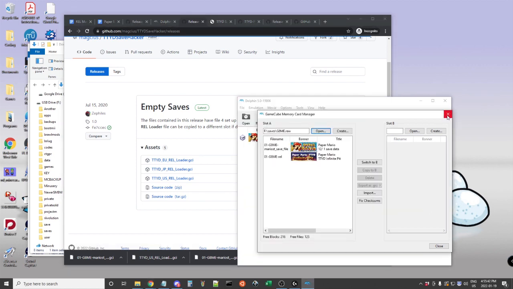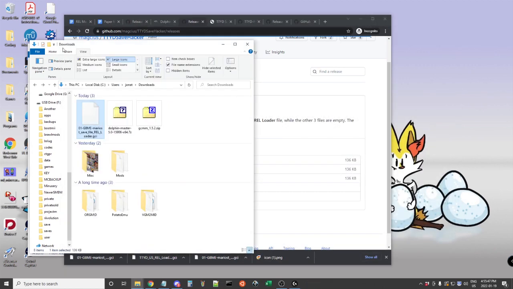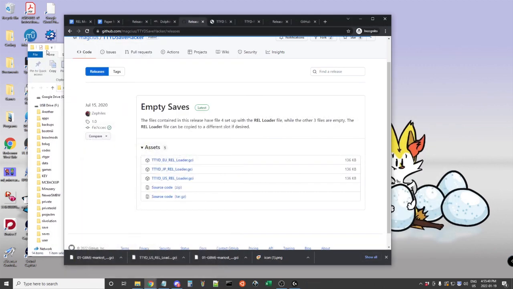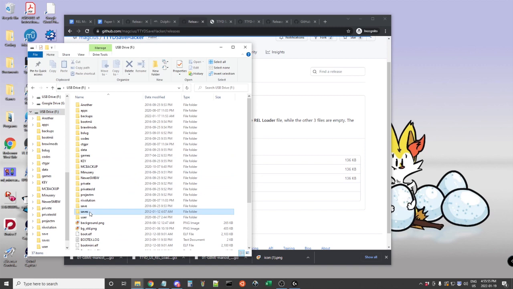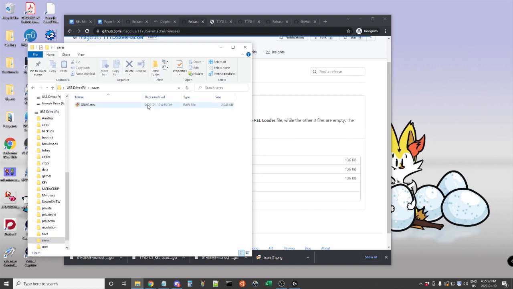So we can... this should already be saved. We can close Dolphin. This should be ready to go. And then we can close the USB drive. Let's double check. Yeah, this was modified just now. So now you can just close your USB drive and then put the SD card back in the system to